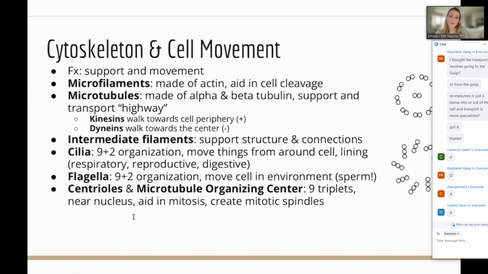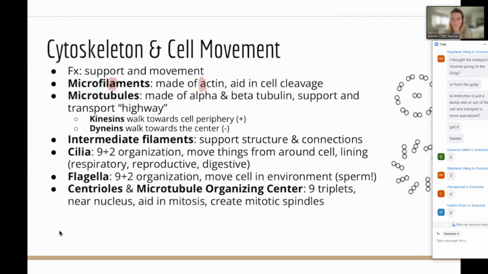It's like the skeleton, like we think about what our skeleton does for our body: it's providing us structure and support. It's why we're upright and not just a blob. And the cytoskeleton does the same for the cell. There are going to be different parts of the cytoskeleton. We've got something called a microfilament, and these are made of actin. My way of remembering this is that the microfilament, let's use the highlighter, is made of actin. And this, I feel like you have to know, it's something that pops up all the time, particularly in multiple choice.